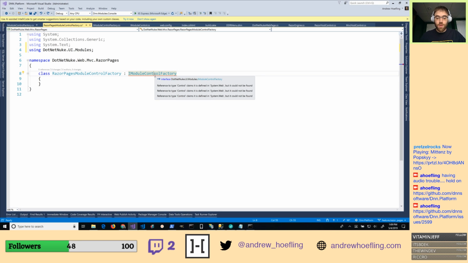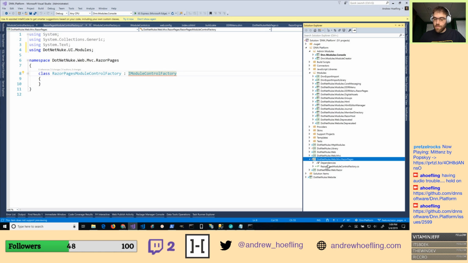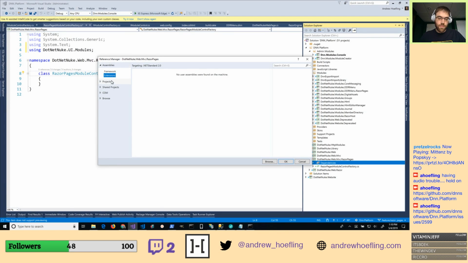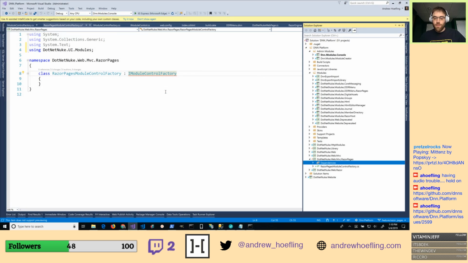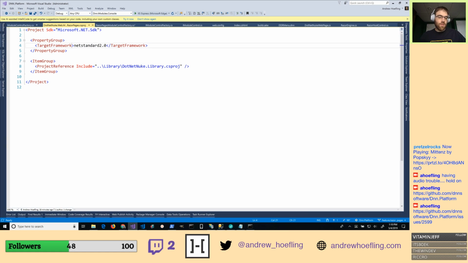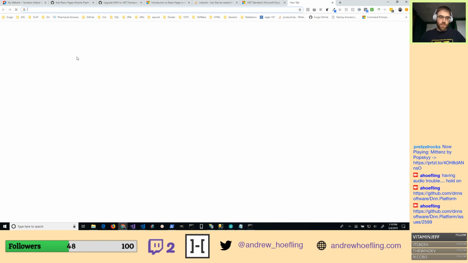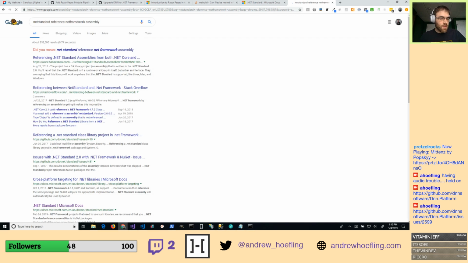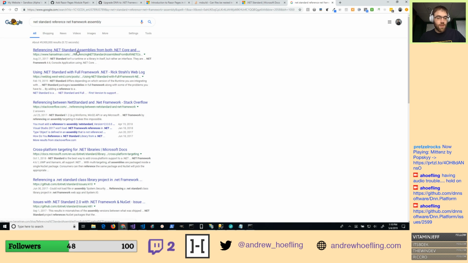Reference to type control claims is defined in System.Web, but it could not be found. So I need to add a reference to System.Web here. So this is that part where I said we might be running into problems. So I might need to update our targets. Let me look this up because I've seen this before. So say .NET Standard reference .NET Framework assembly. I know I've looked this up. Referencing .NET Standard assemblies from both using .NET Standard with